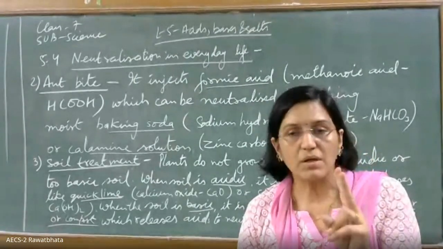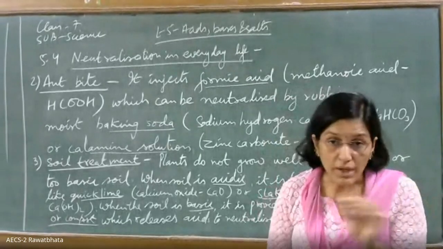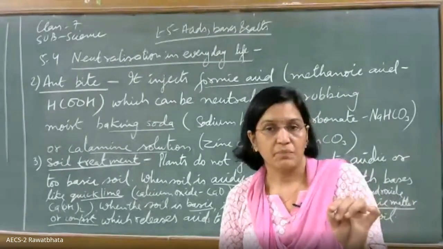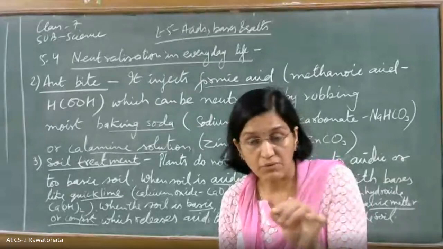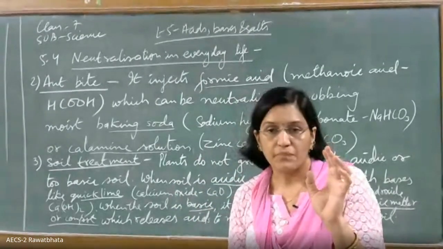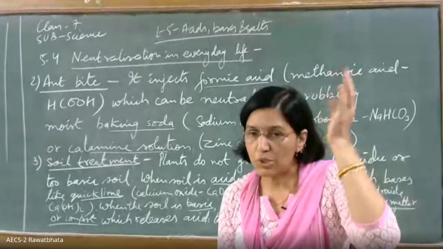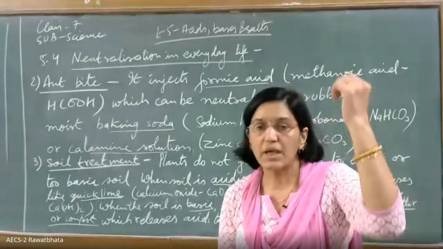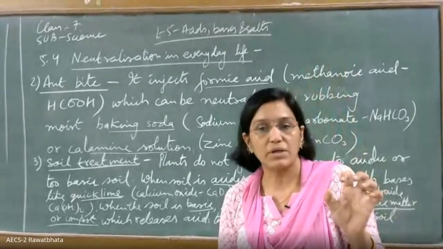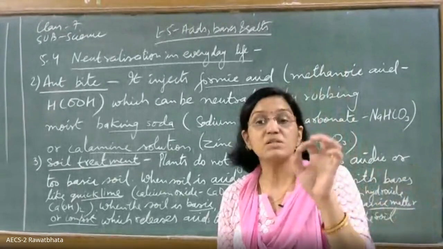Once these factories are set up, they have to sign an agreement with the government that they are not going to harm the environment. And the water they are using will be treated first of all in the factory itself. Factories need not send it anywhere. If the factory is releasing exhaust, if it has a chimney, it is the responsibility of the factory to release the gases very high, and it should have trapped the harmful chemicals there only. Same way, before releasing the water back to the water bodies, it must have treated it properly.